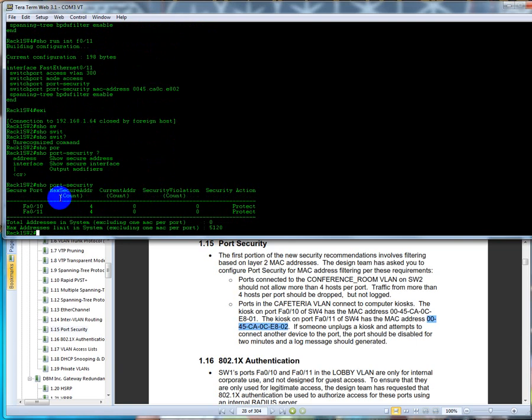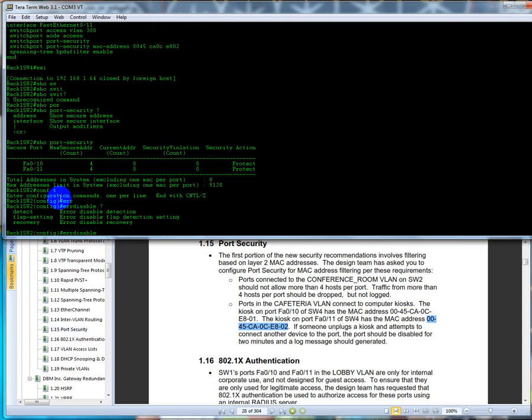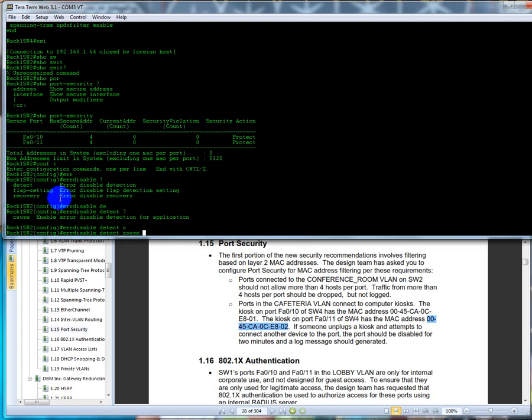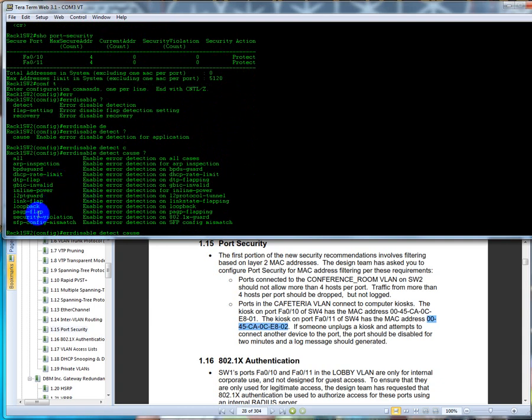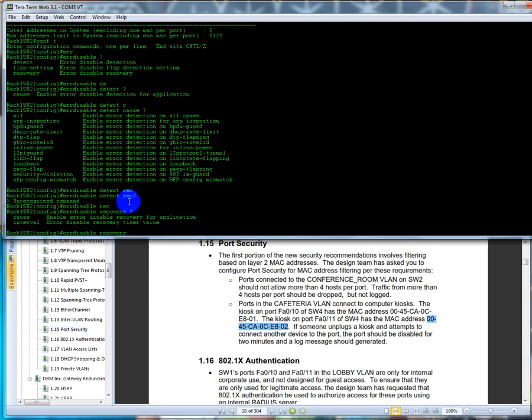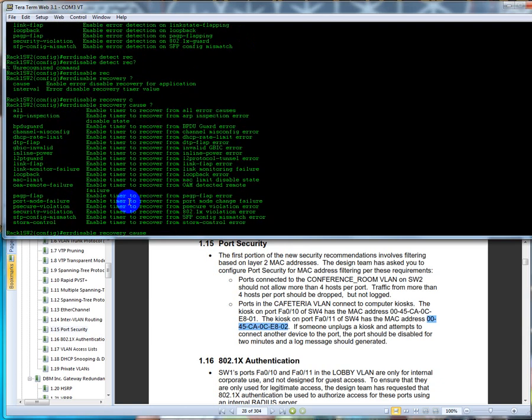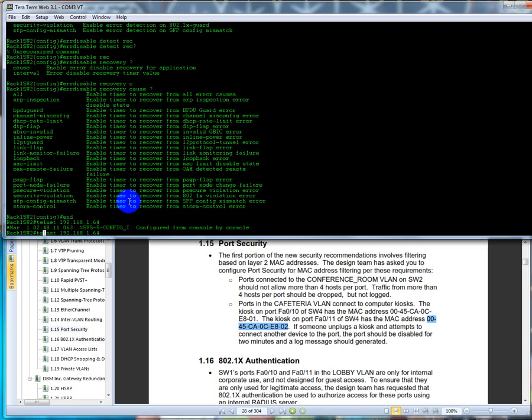But what I'm going to do on this guy is I'm going to say config t, type in error disable. What is it? Detect cause, and right here it says security violation, or where is it? It doesn't have it. Recovery. Oh, recovery. Cause. And okay, maybe it does have it on there. Drop down here to telnet over to,